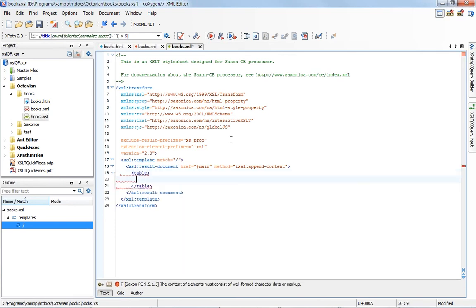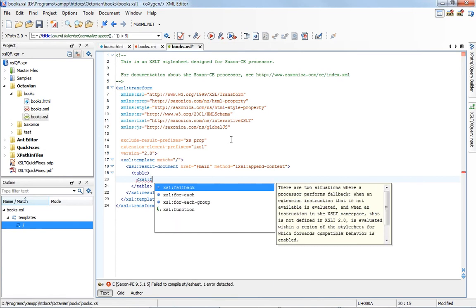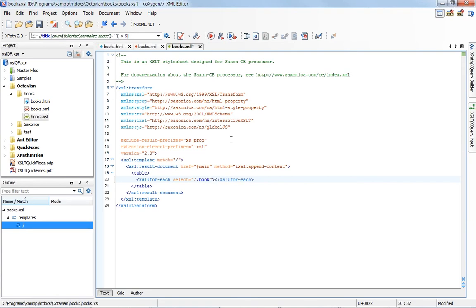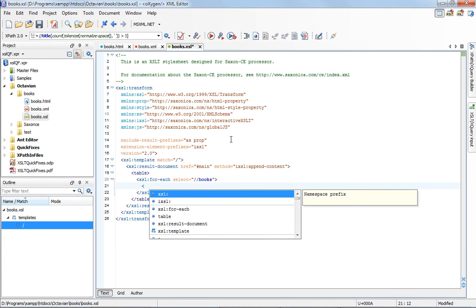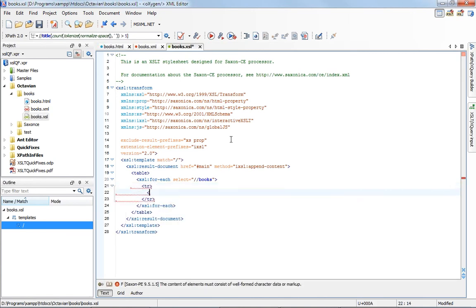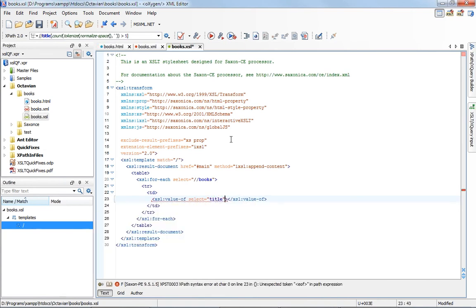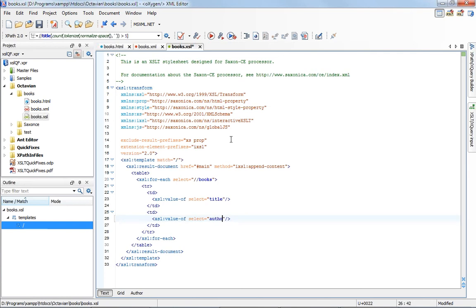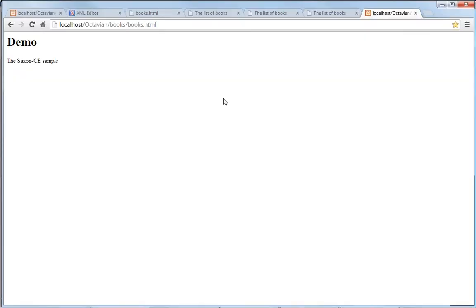Next, let's insert the information that we want to add. So a table, and in the table I'll insert an XSL for-each. I'll match all the books, and then I'll insert a table row for each book, and on the first column, let's add the value of the title of the book, and on the second column, let's add the author of the book. Let's set order, and now I'll save this style sheet, and if I go into the browser and refresh it,